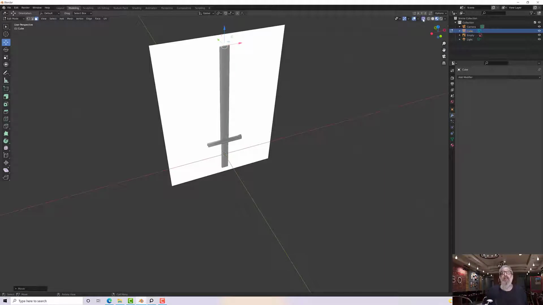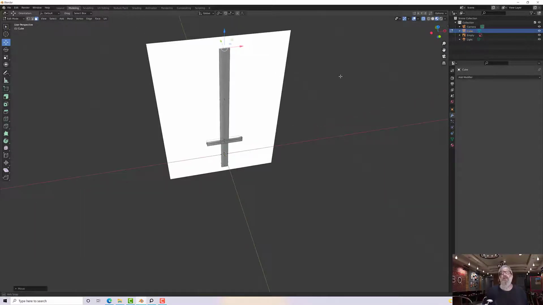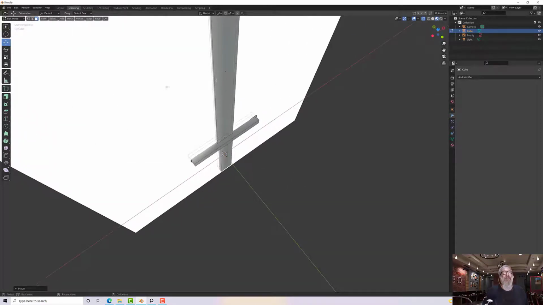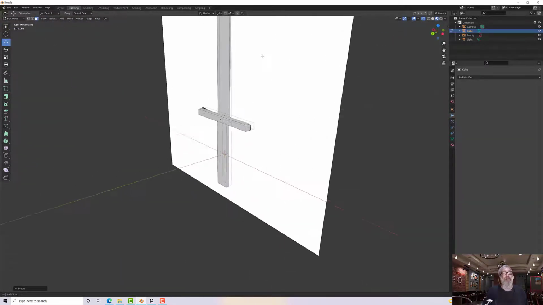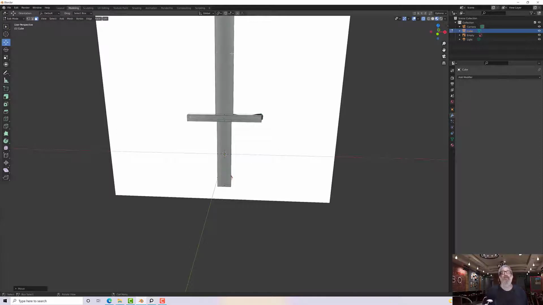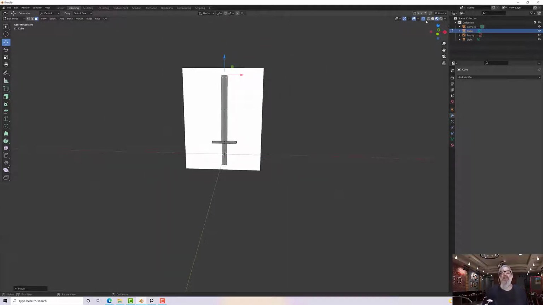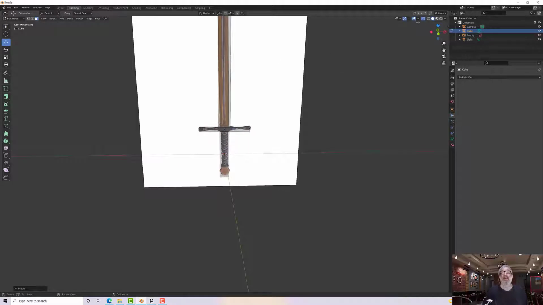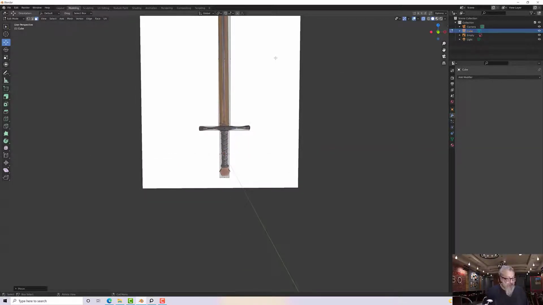Perhaps I'll turn X-ray on. It's only for that polygon. That's ridiculous. Well, it's not helpful. And that is on. Let's pop it back like that. There we go. Now we can see the actual reference. I'll go to